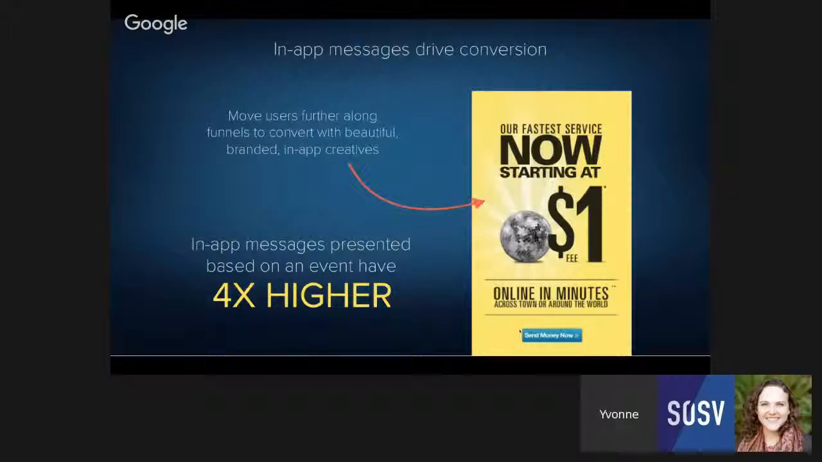We found that in-app messages, when you trigger a message based off of an event that someone does in your app, so let's say someone opened an article to read or added an item to their cart, or listened to a song or something like that, those are events. And when you trigger a relevant message off of one of those events, we've seen a 4x higher conversion rate. So in-app messages, when you do them well and you give them the necessary attention to make the creative a little bit more interesting, like you see here in the example,